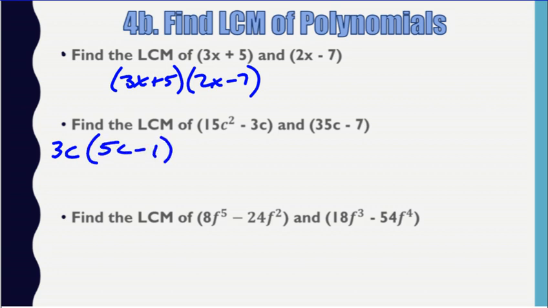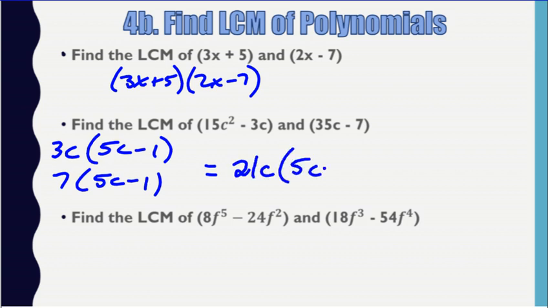Next one, I can take a 7 out. That leaves me with 5c minus 1. So now I have 3 times 7, which is 21c times 5c minus 1. And the last one, I can take an 8f squared out. That leaves me with